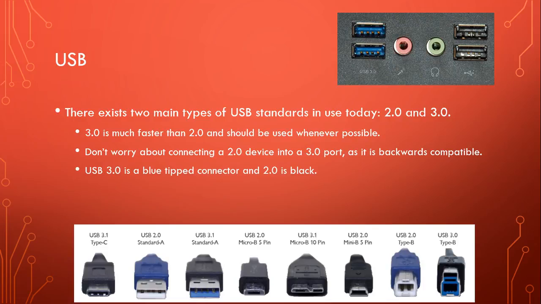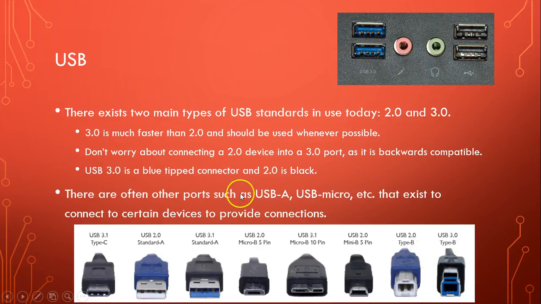But a 3.0 device, you'll want to plug into a 3.0 port, because the 2.0 doesn't have the connection speed that would be required. Now, how you can tell the difference between the two is that USB 3.0 is a blue tip connector, and 2.0 is black. So if I look up here, I have a USB 2.0. You can see it's black, and this one's blue, which means it's USB 3.0. Similarly down here, if we look at the different standards,